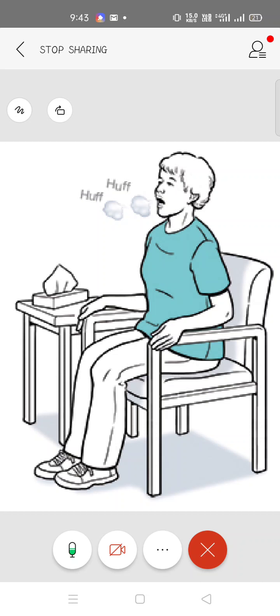So how will you do a medium volume huff? You will take a normal breath in, and then a long breath out. These two are not similar. Till here, if you were taking a normal breath in, you were also letting out a normal breath out, and if you were taking a deep breath, you were also breathing out deeply.